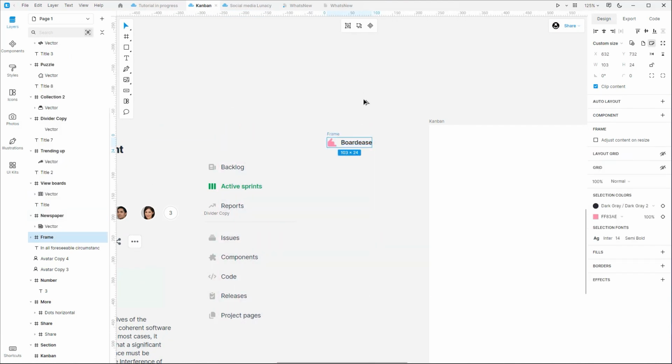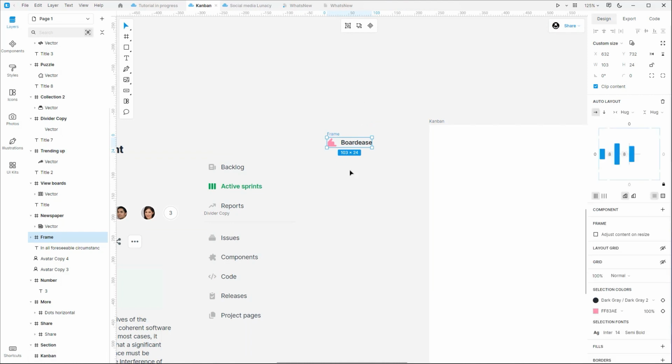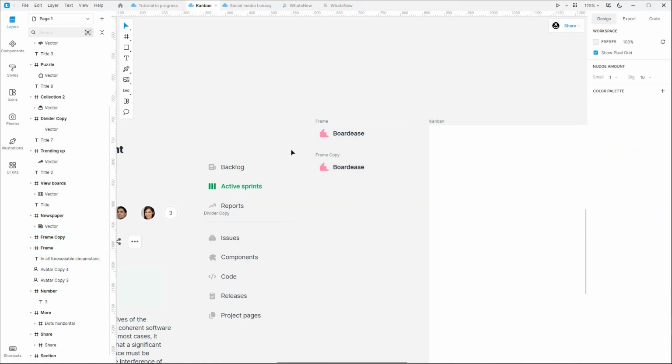Here I have a set of menu items with icons from the Lunacy graphics library. Let's take this icon and text. I framed them by pressing Ctrl-Alt-G and Shift-A right after that to enable auto layout. Then I set the distance between the icon and the text, and define the paddings, all 8 pixels. I set the width of the element to 210.